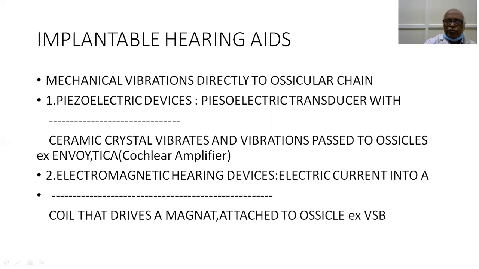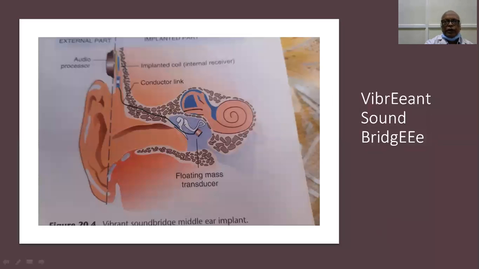Example is vibrant sound bridge. This is popular. Now the vibrant sound bridge, this is a picture of a vibrant sound bridge that is incorporated into the patient. It has two components, an external component and an internal component. The external component has an audio processor, and the internal component has an implanted coil and a conductor link,